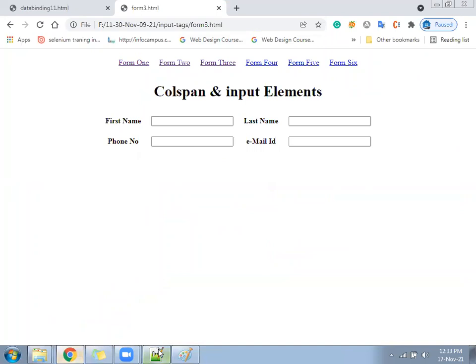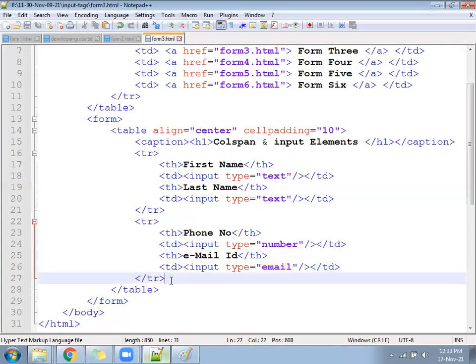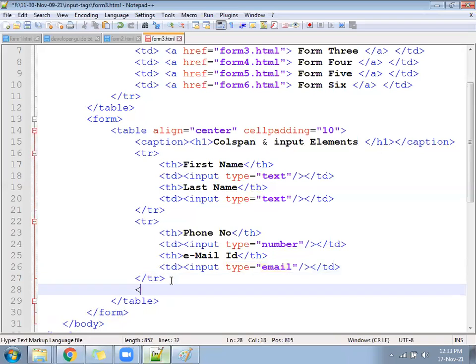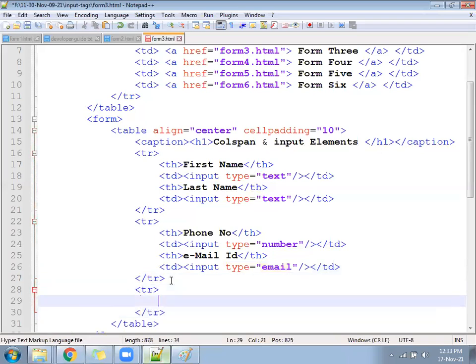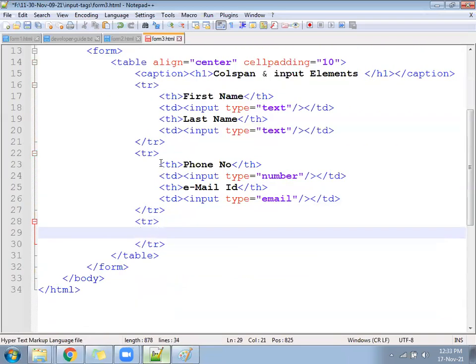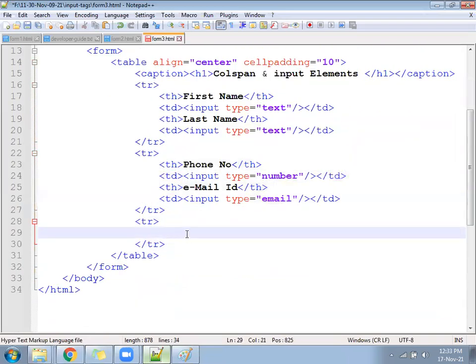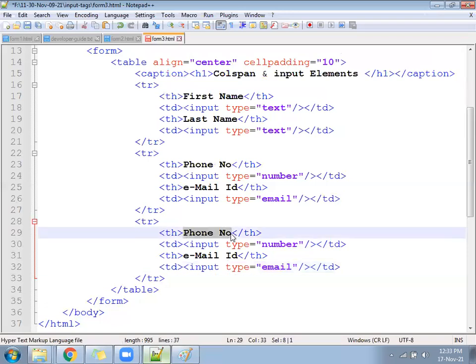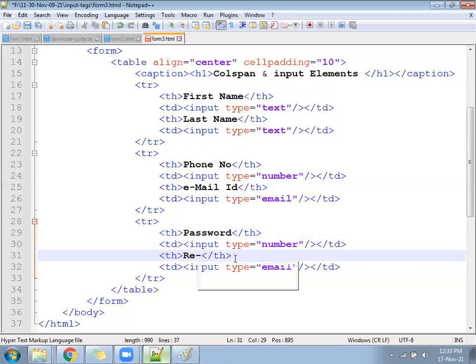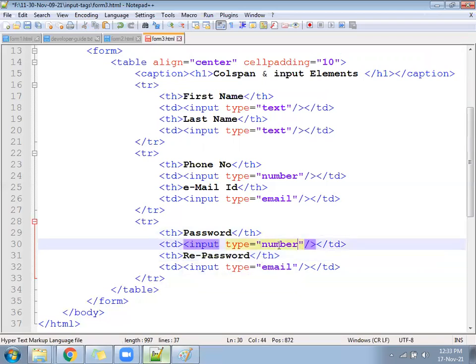Yes. Now password and confirm password. Both should come here in the next row. Next TR again have the 2 columns. One like this. Password and confirm password. Password and again you can write here re-password. Password and re-password. Input type equal to password.